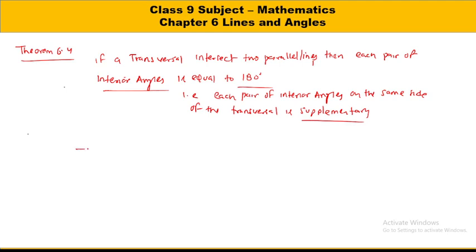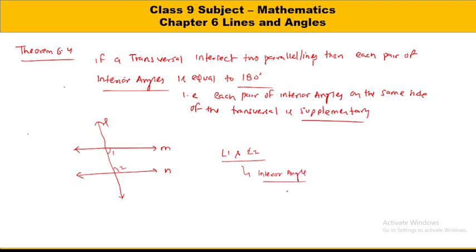So we see here two parallel lines, line M and line N. These two lines are parallel to each other. Another line, line L, intersects these two parallel lines. Now we have interior angles like angle 1 and angle 2 on the same side. Angle 1 and angle 2 are your interior angles, and these two interior angles are present